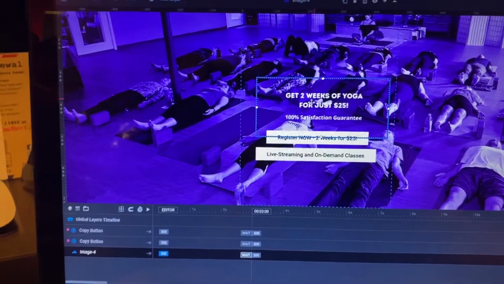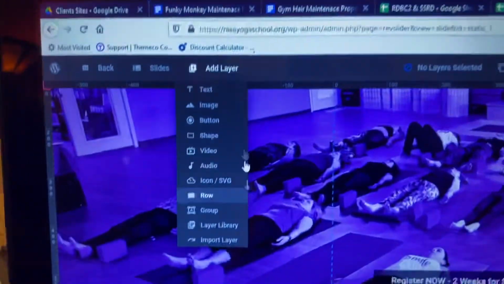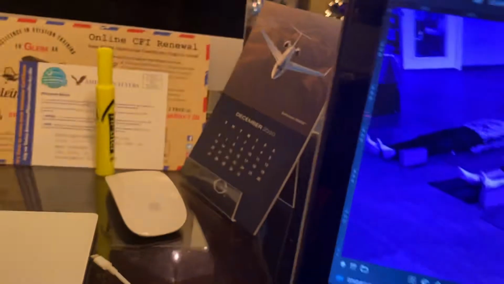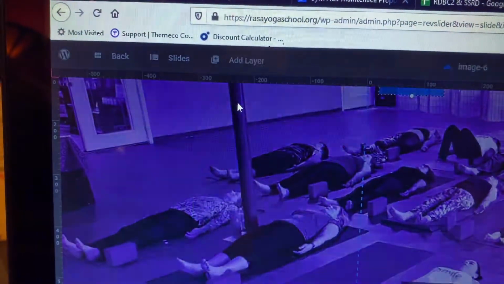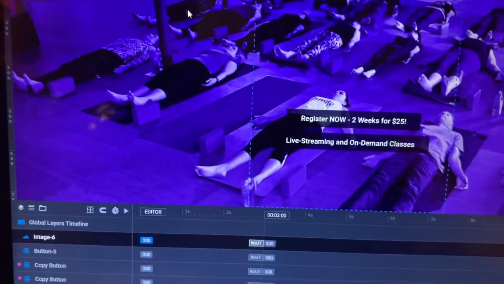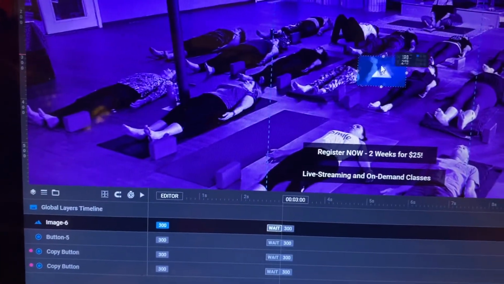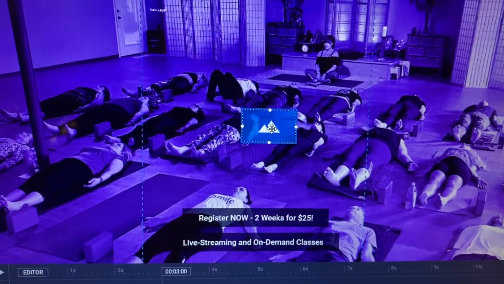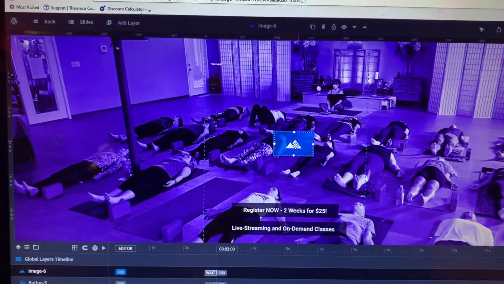You hit delete. You go up here to add layers. You hit image. Oops, I hit button. I don't want to add a button. No. Go here, hit image, and an image will show up. Here's the image. Okay, so drag it to wherever you want it, or click on it, and the image upload